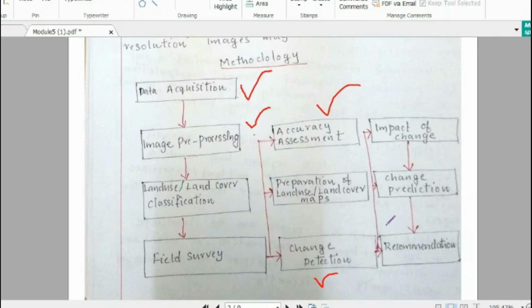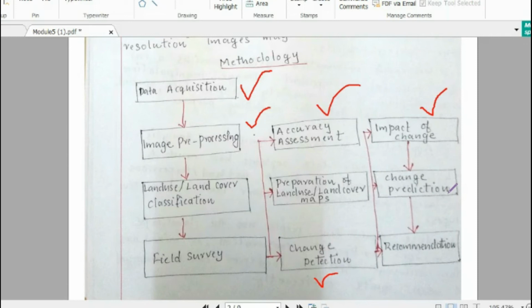So based on that, the changes that happened over the span of time will be assessed. That is called change detection and impact of change. Because of the changes, based on the land use increase and land cover reduction, what is the impact in this area? Impact in the sense of positive and negative impacts.